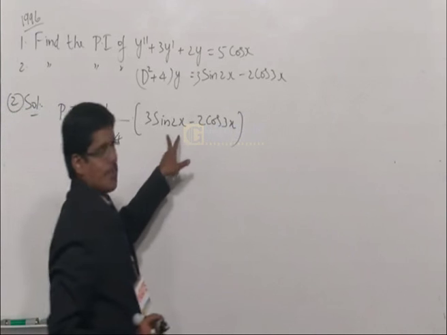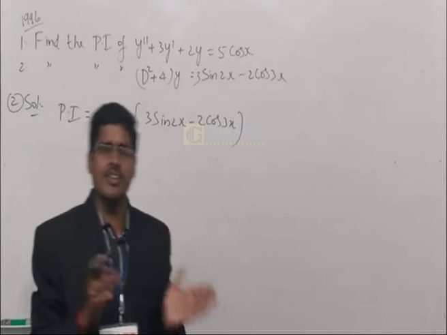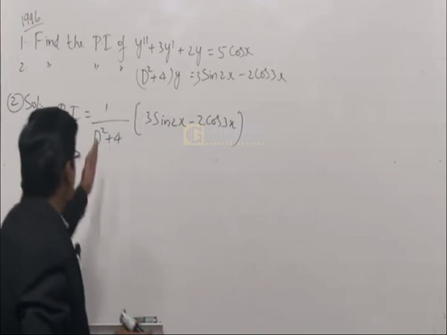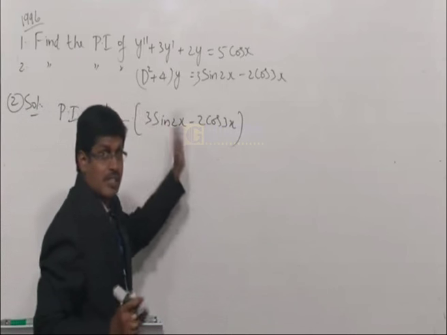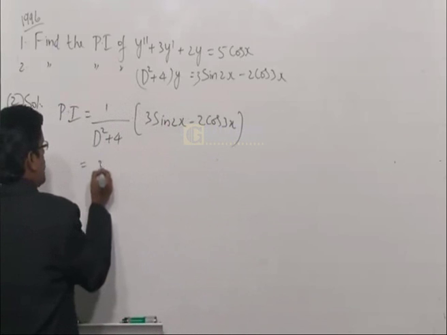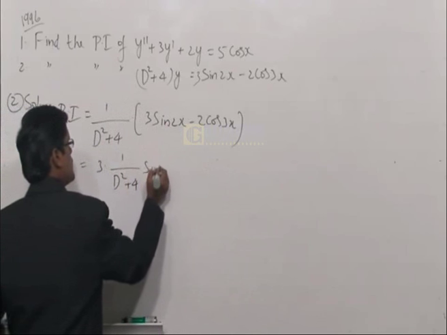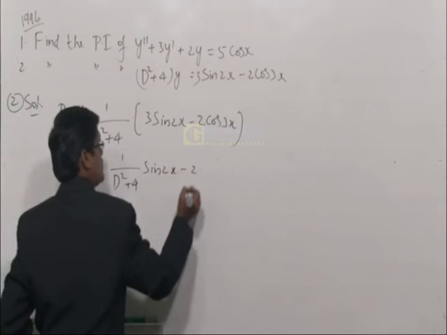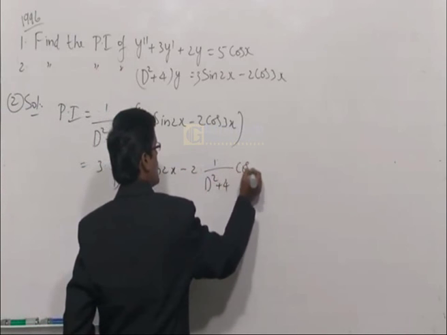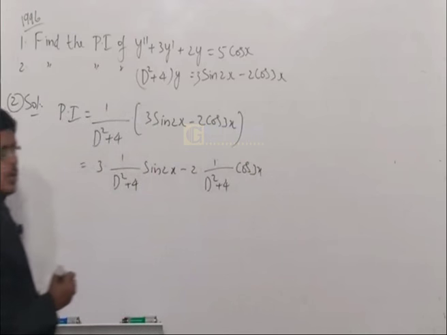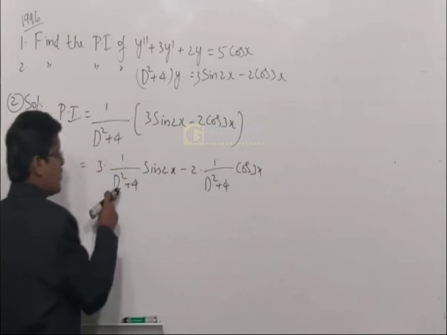Now this is a sum or difference of two terms. Then that particular integral can be written as the sum or difference of their particular integrals. Just operate this operator on each of the terms whenever it is a sum or difference of x terms, keeping the constants outside. 3 into 1 by D square plus 4 sin 2x minus 2 into 1 by D square plus 4 cos 3x. Okay. So here a is equal to 2, by rule 2 put D square is equal to